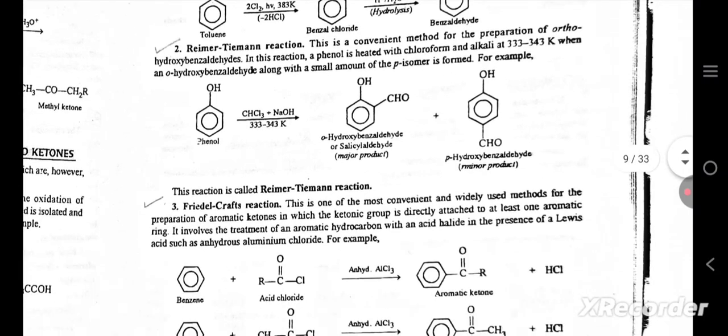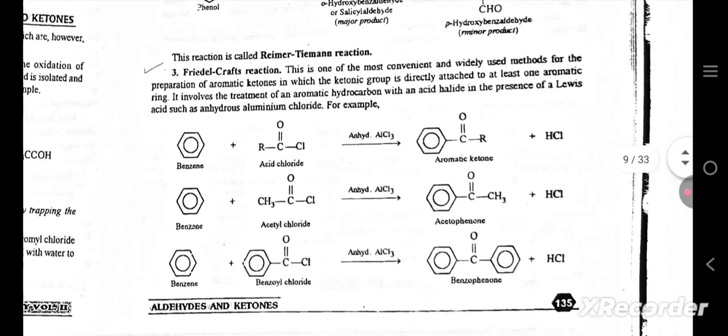Reimer-Tiemann reaction. This is a convenient method for the preparation of ortho-hydroxybenzaldehydes. In the reaction, a phenol is heated with chloroform and alkali at 333 Kelvin to 343 Kelvin. An ortho-hydroxybenzaldehyde along with a small amount of the para isomer is formed. For example, this reaction is called